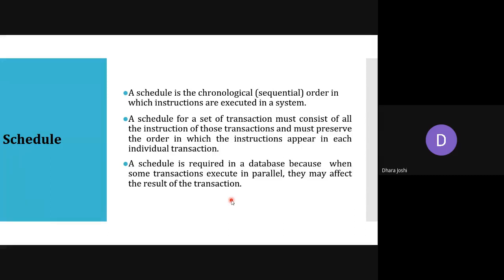One schedule can have multiple transactions which are occurring in the same kind of time frame. So schedule is required because a database is dealing with multiple transactions, and if any one of them affects the database, then later on all the values updated in the database will not be correct. And for ensuring that all of them are proper, we need a schedule.